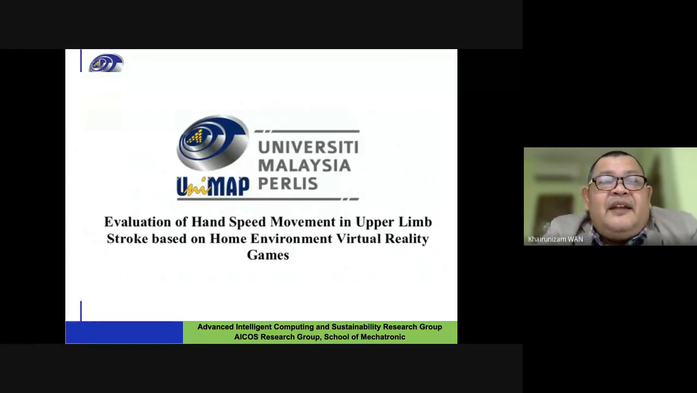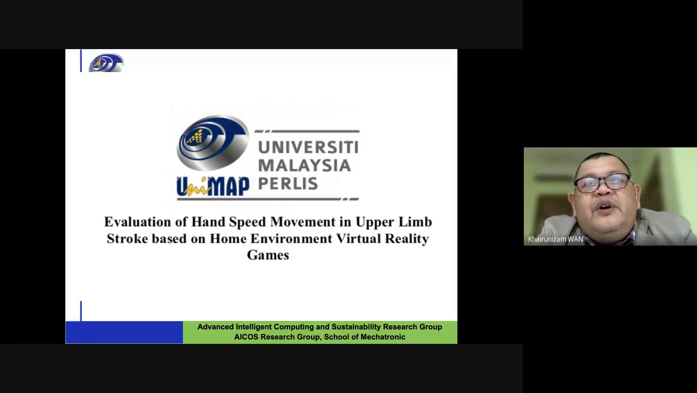And then this is the last one. The last one is evaluation of hand speed movement in upper limb stroke based on home environment virtual reality games. So in these projects, we design virtual reality games in a home environment for the stroke patient to do the rehabilitation. Then the rehabilitation is focused on upper limb management. You know, because